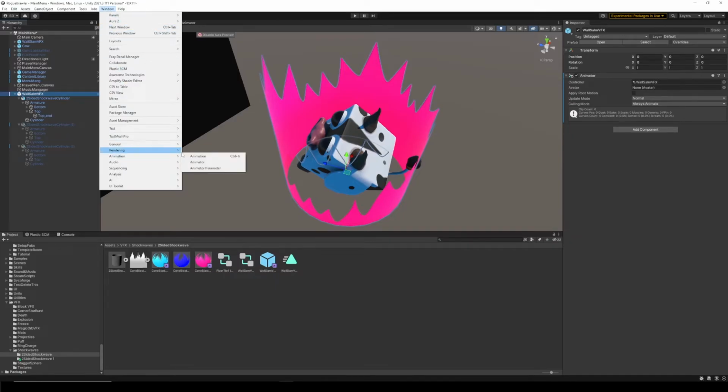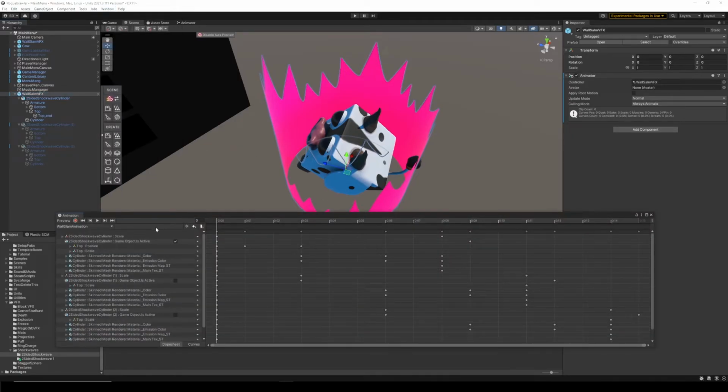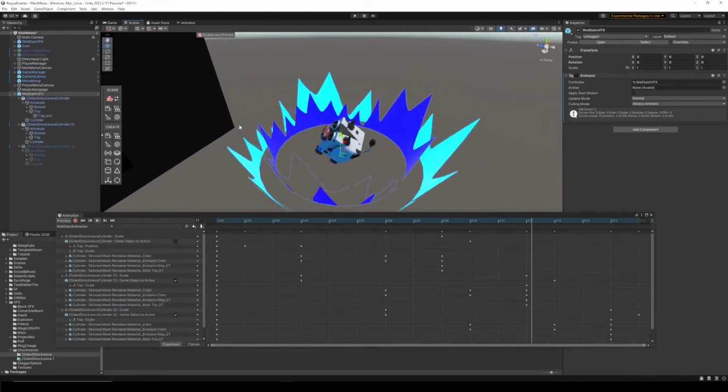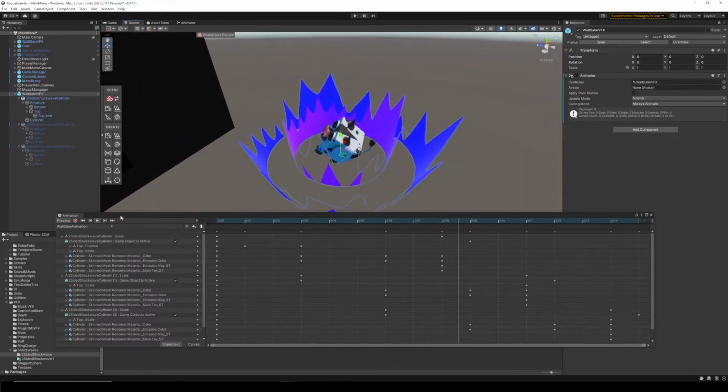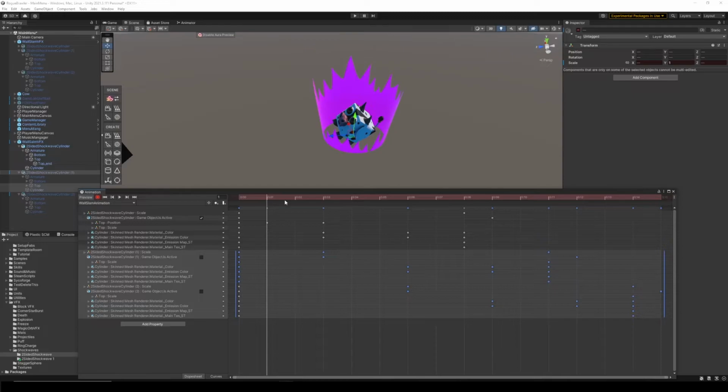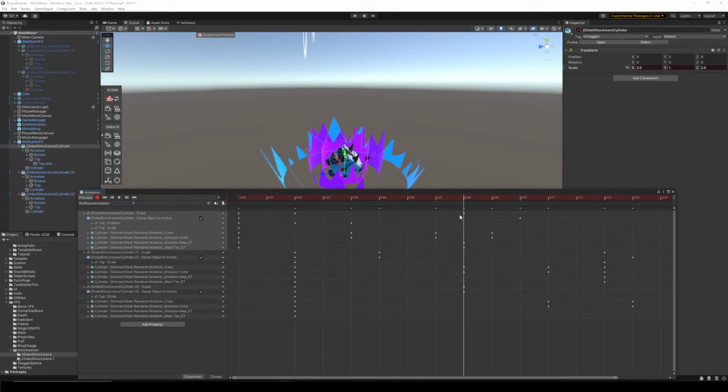Select our object and go back to the animation window. Now you should see a little bit more of a dynamic effect happening. Okay, now I'm noticing two things I don't really like. First, it feels like the initial frame doesn't really have a lot of impact. And then another thing I noticed, I want the final frames of all of these to be bent out just